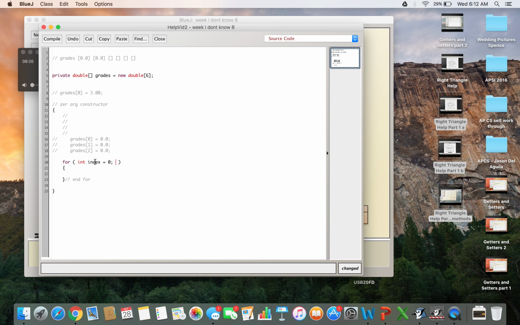And then the next thing is my condition. So I'll say while index is less than my grades.length. Remember, the length is 6. So length, this is actually the number 6. This evaluates to the number 6 because it takes the grades array and it figures out the length of it, and I already decided that it was 6. So while index is less than 6, and then index gets index